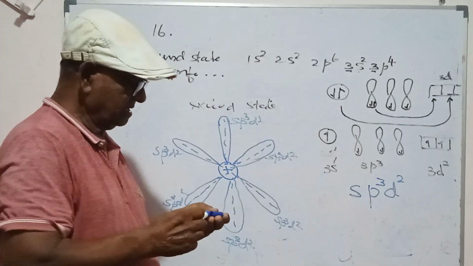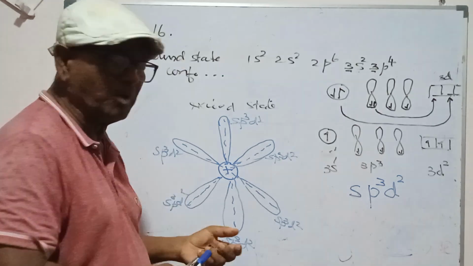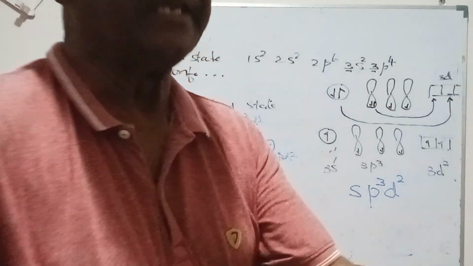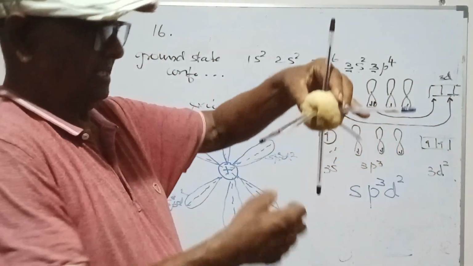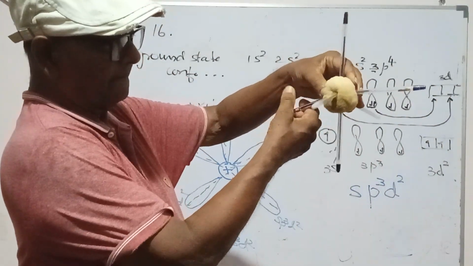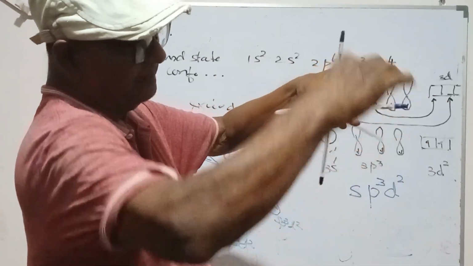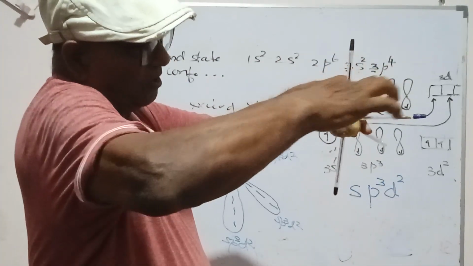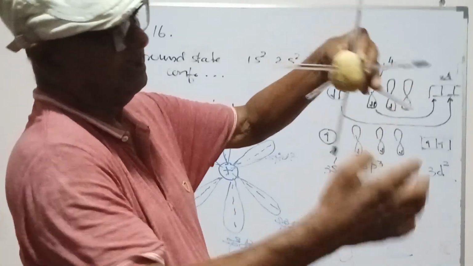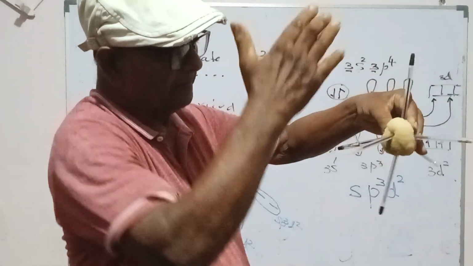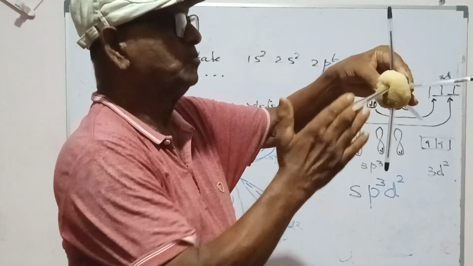I'll show you a model of this arrangement. These are the 4 orbitals in the square plane, 1, 2, 3, 4, and perpendicular to that plane, 2 orbitals